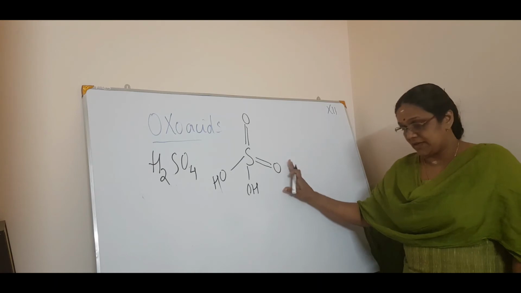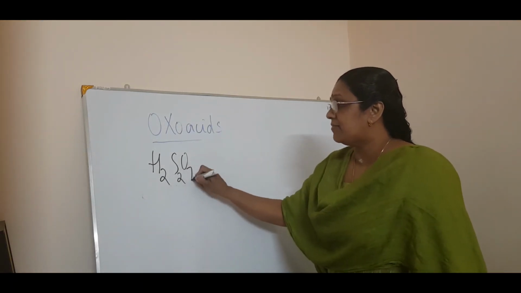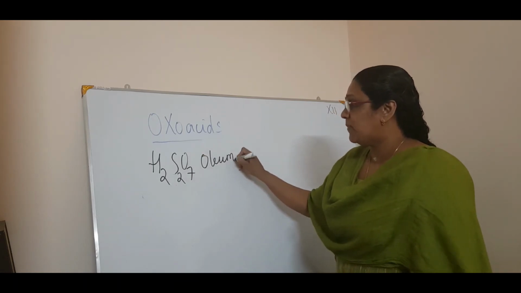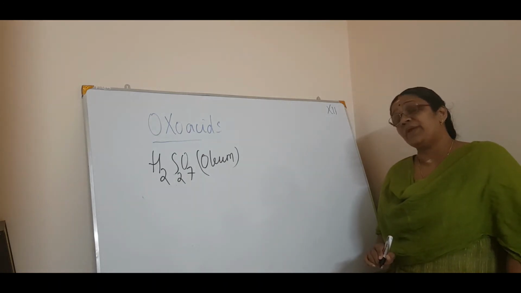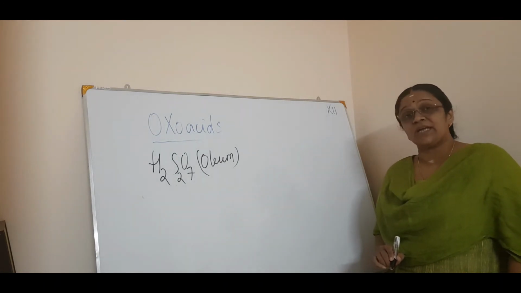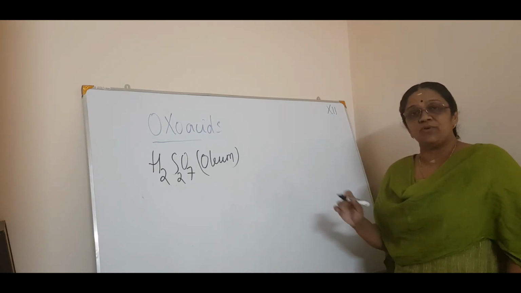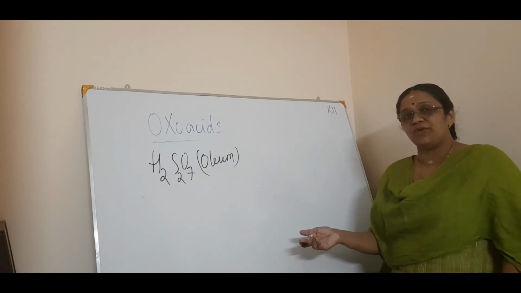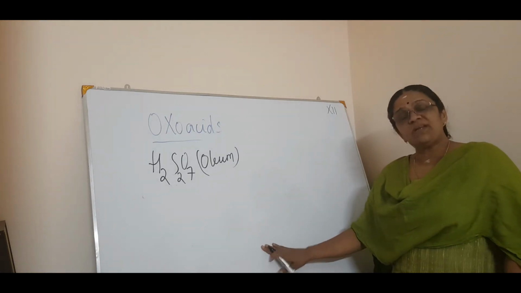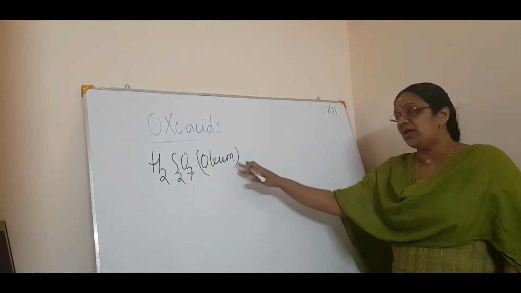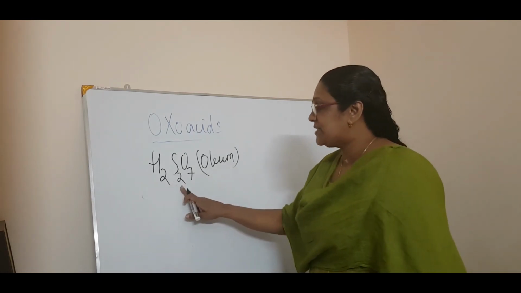Got it? Now we will see H2S2O7. What is it? Oleum. Oleum you will study in the preparation of sulfuric acid by the contact process. However, that topic is deleted from your chapter. The next topic was sulfuric acid; only the preparation they have cut down, but the properties we have to study. So in the preparation you will come across oleum and all. That is oleum, H2S2O7.